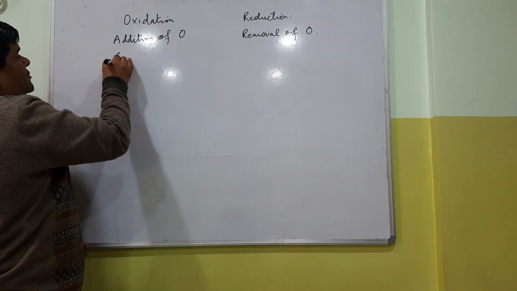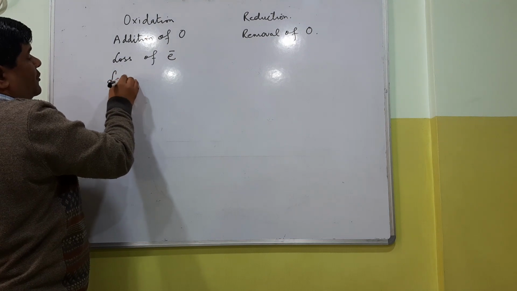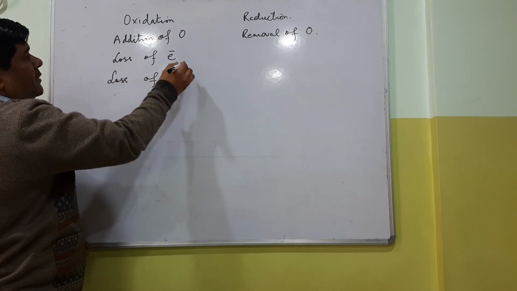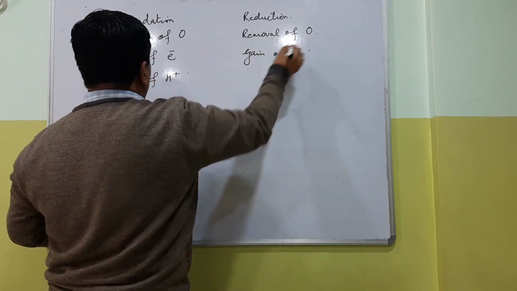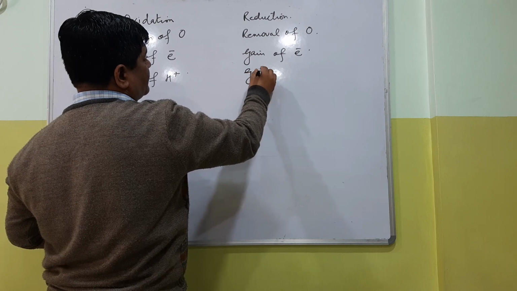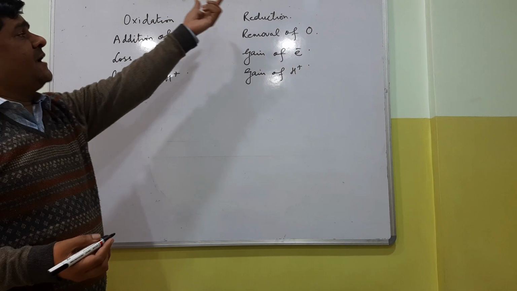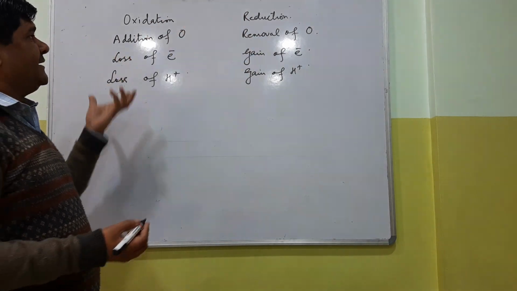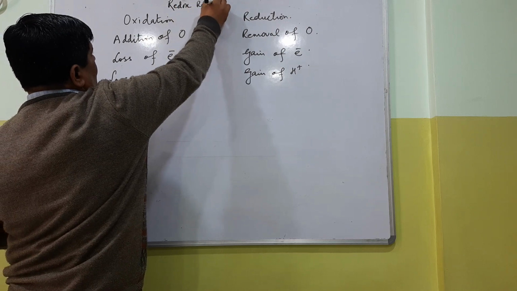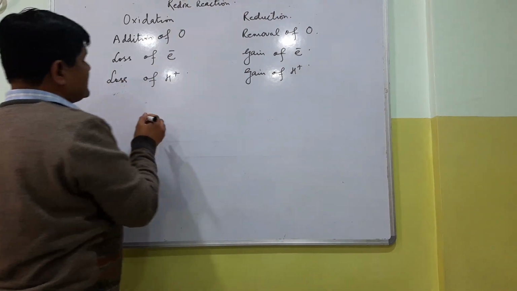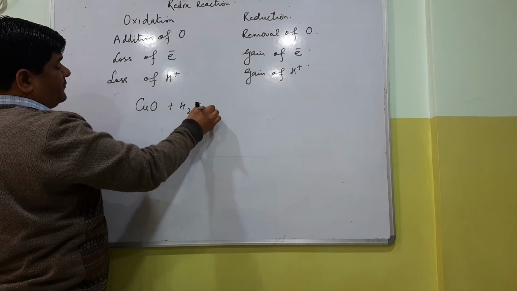Oxidation is always loss of electron or loss of proton, and reduction is gain of electron or gain of proton. When oxidation and reduction reaction take place simultaneously, then it is called redox reaction. Very simple example, if I react copper oxide with hydrogen,